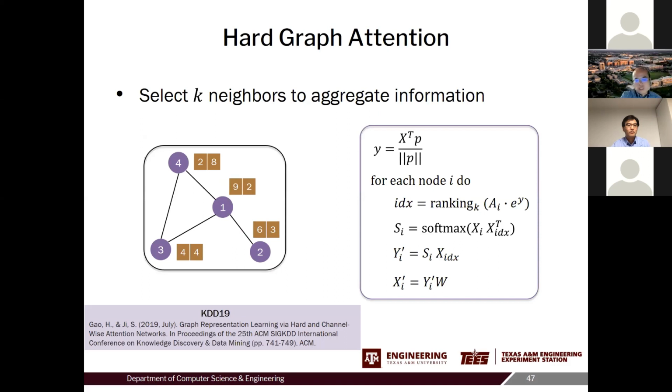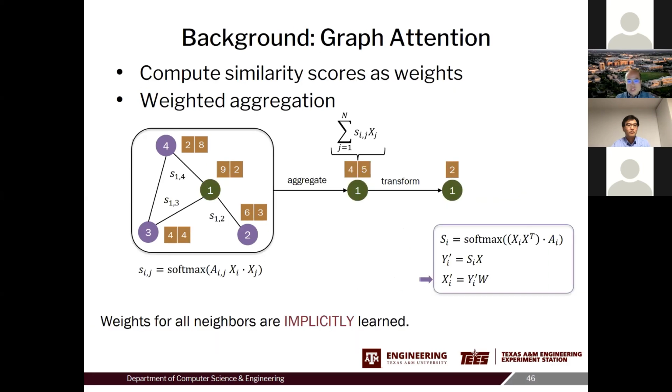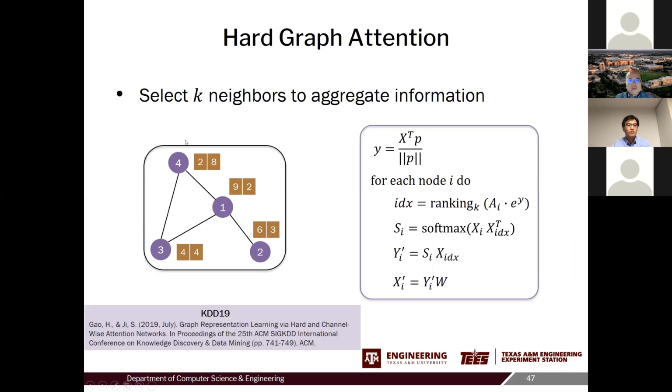So in the graph attention network, currently this is called soft attention. Basically, for each node here, the feature will depend on all the neighbors. So this is not a very desirable property. In the image case, we know that usually hard attention achieves better performance and better interpretability, because each node may only attend to a subset of the neighbors. So in this recent work, we try to achieve hard graph attention.